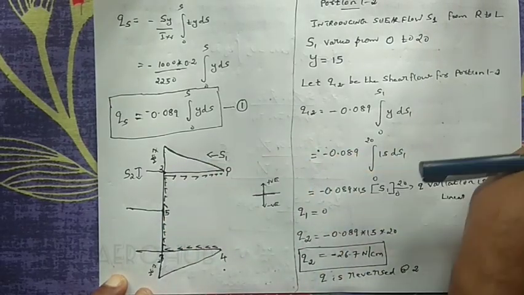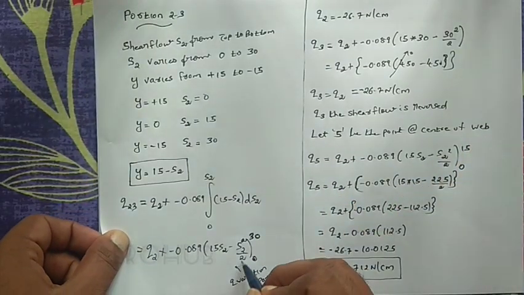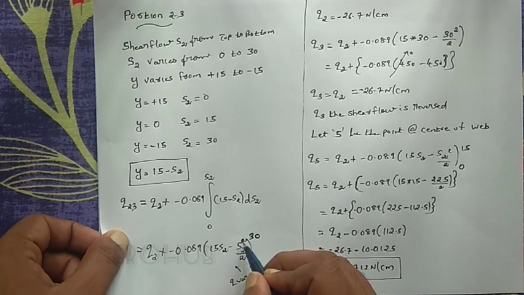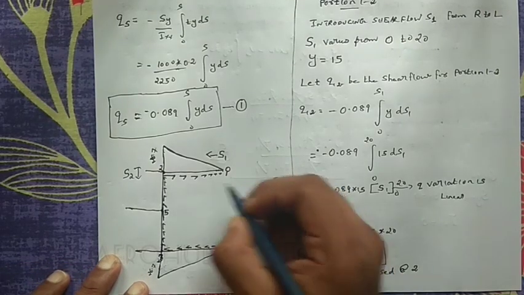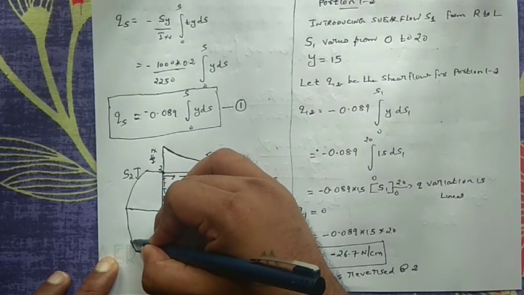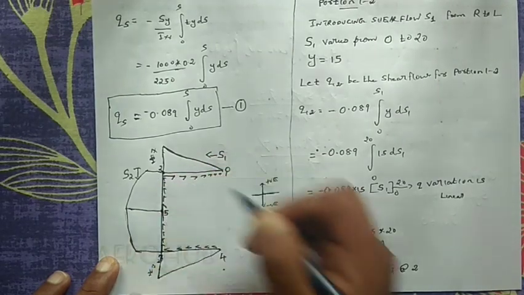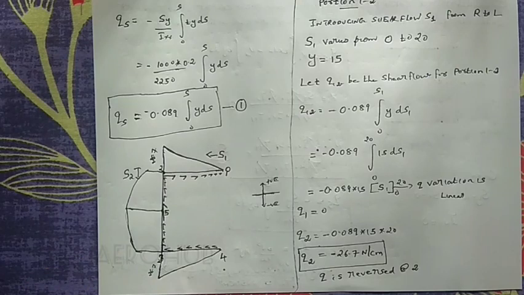always parabolic. We analyzed portion 2, 3 in this step, and we found the equation. Then we have a square term in our analysis. So that means that the shear flow distribution is parabolic. So we will connect these 3 points with a curve, and this will be a parabolic distribution. Okay, you have to understand, since we have a square term in the analysis of portion 2, 3, the shear flow variation is parabolic.